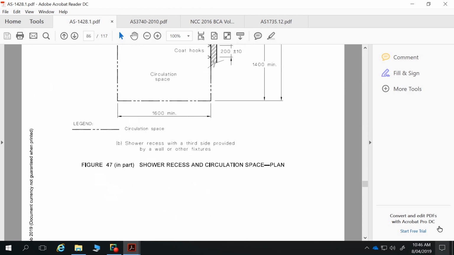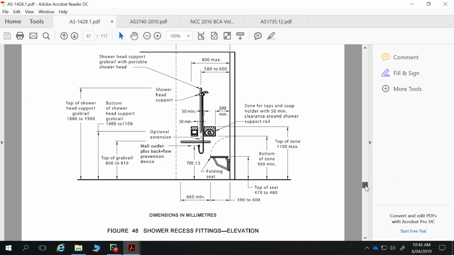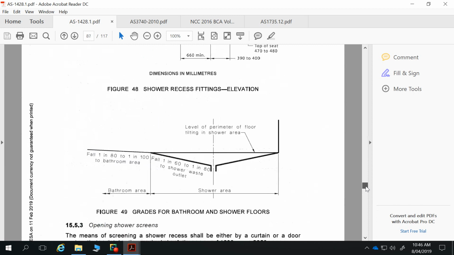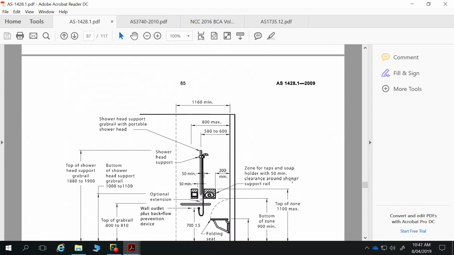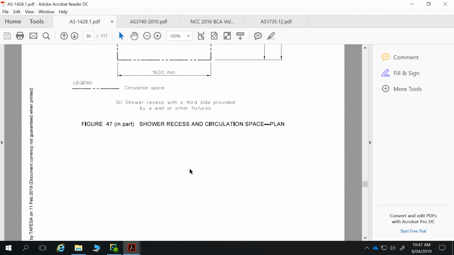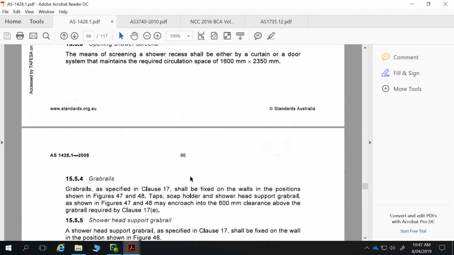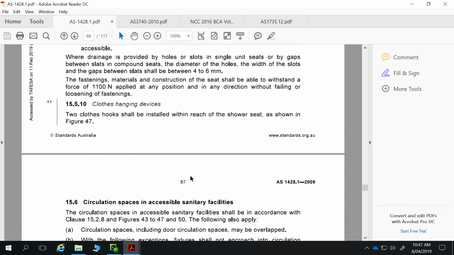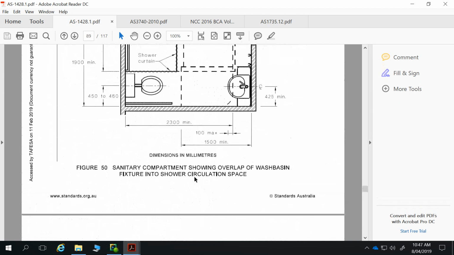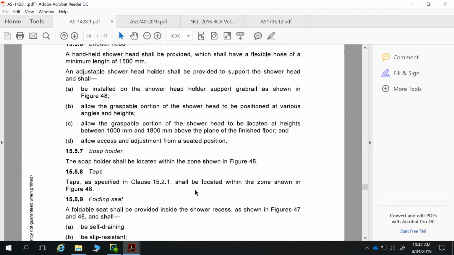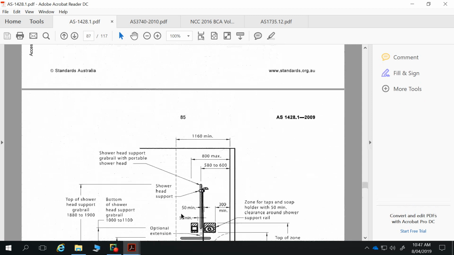Do I have? I'm just going to see if I can grab regards to the floor. No, I'm not seeing any diagrams that relate specifically to the floor. But